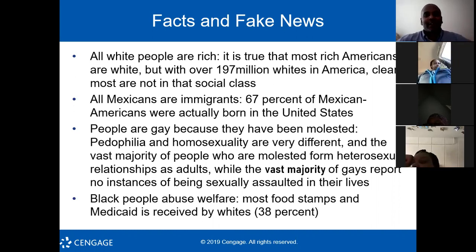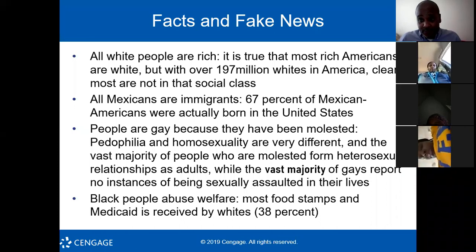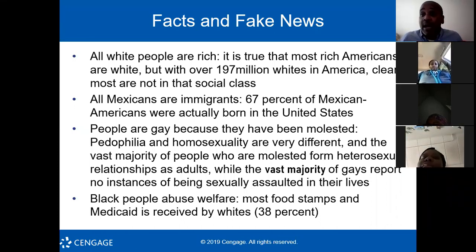Here's a really exciting one. People are gay because they have been molested. No. This is not real. And please, like I said before, there are many mental health disorders. So just because you have some bad moods sometimes, Nashaya, that doesn't mean that you're bipolar, okay? Just because you feel sad sometimes does not necessarily mean that you're depressed. These are very specific things. Y'all hear me? It's important to know that because there may be a time where you really are depressed and you ain't just sad, and you need to know that. So keep these things in mind.